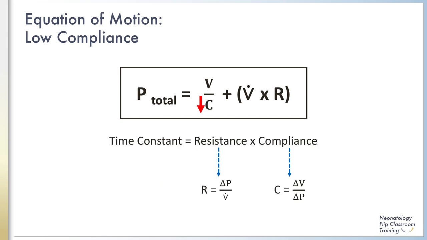In patients whose mechanics are dominated by low compliance, the time constant is short. Time constants measure how quickly the lung can inflate and deflate. A time constant is directly proportional to both compliance and resistance. In situations of decreased compliance, like RDS and pulmonary hypoplasia, a decrease in lung compliance will decrease the time constant. Since the time constant is short, lungs will inflate and deflate quickly, and clinicians can utilize respiratory strategies with fast